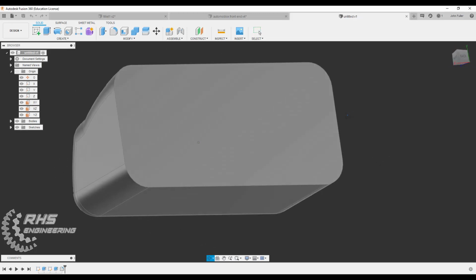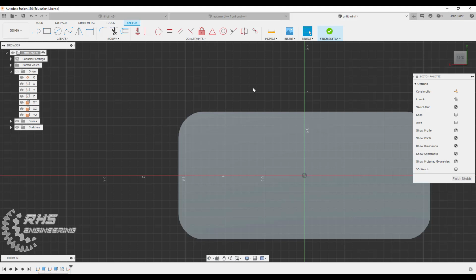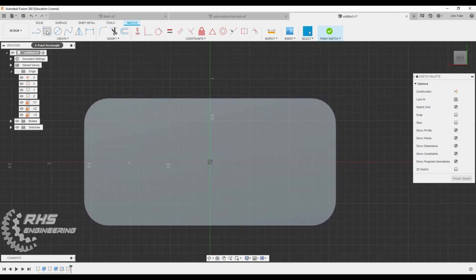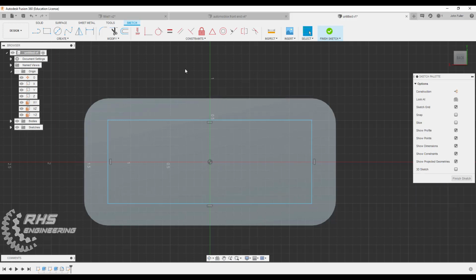Now let's turn our part around and we're gonna make this hollow portion on this side, on this face. So we're gonna create a sketch right here on this face. Okay, and I'm just gonna grab a 2-point rectangle and draw out a square, something like this here. Okay, I'm gonna hit escape. Gonna grab my sketch dimension tool, and from this edge to this edge, I want that distance to be